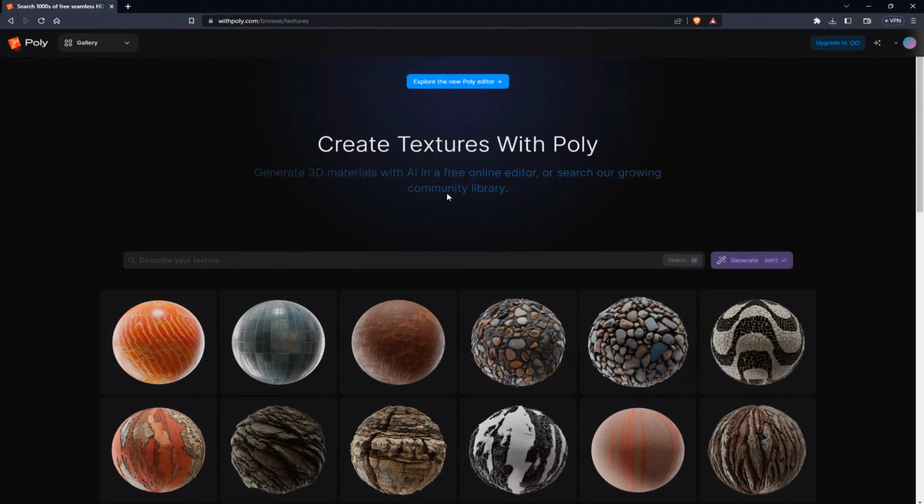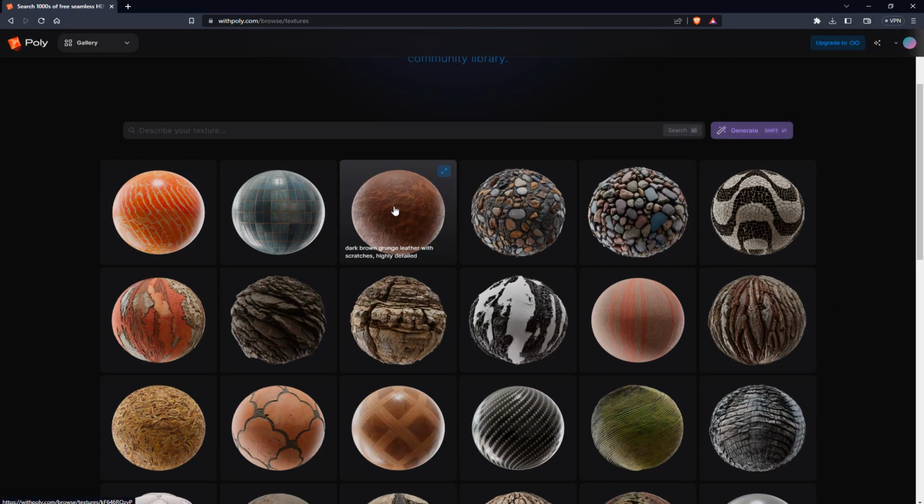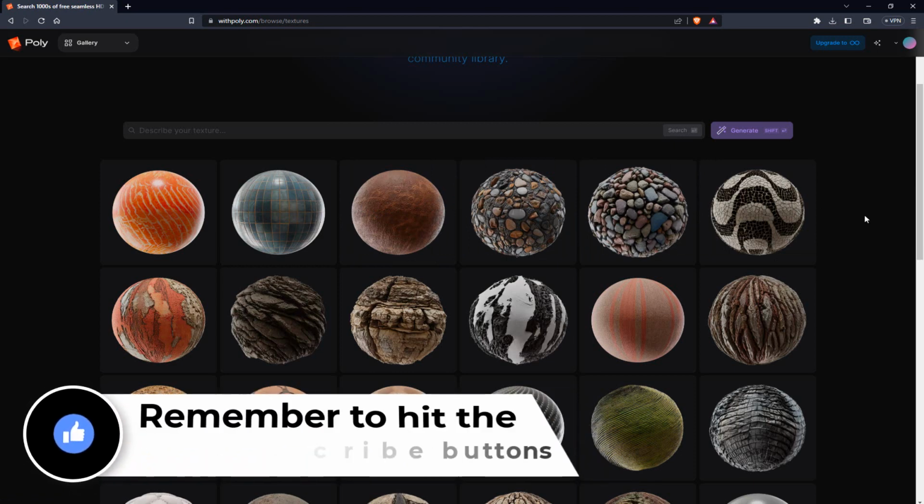So first of all, once you open it, what you're going to notice, if you watched the previous video, is that the UI is totally different now. It's actually much more interesting what they've done. What I mean by this is that all of these balls that you see here that have a texture applied to them actually have all the rest of the textures they need to be made into a